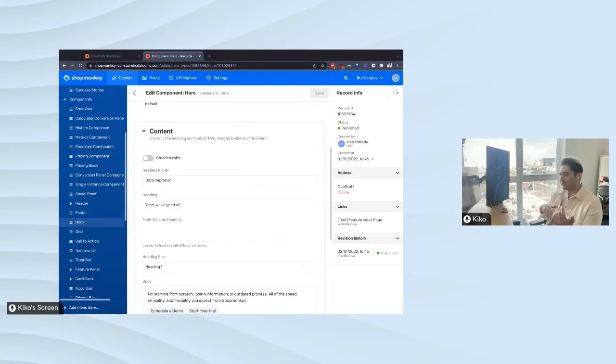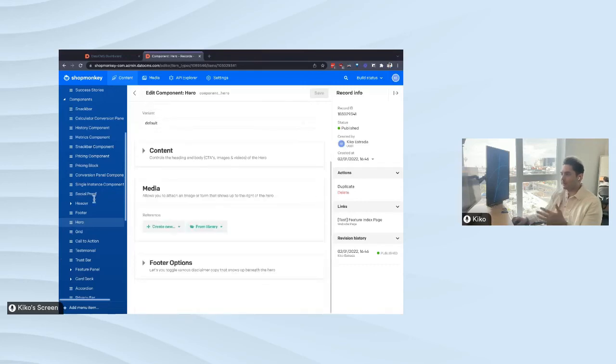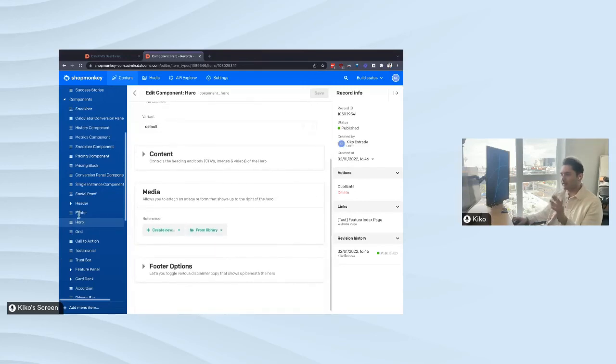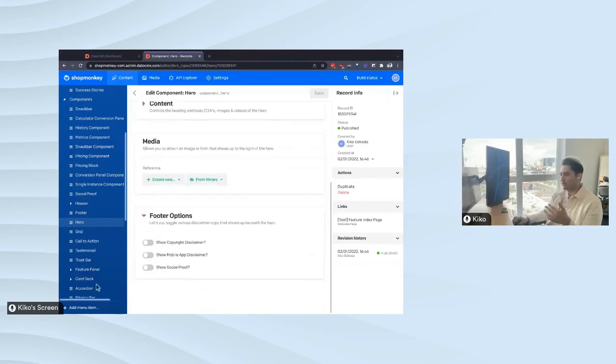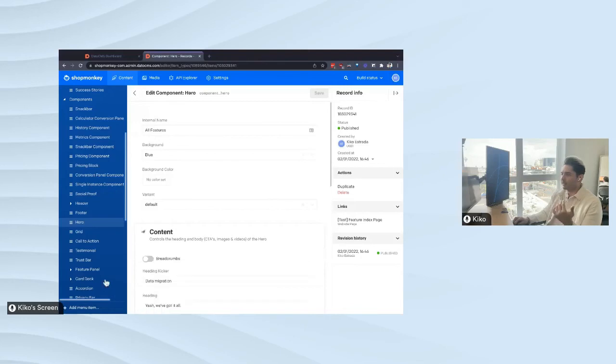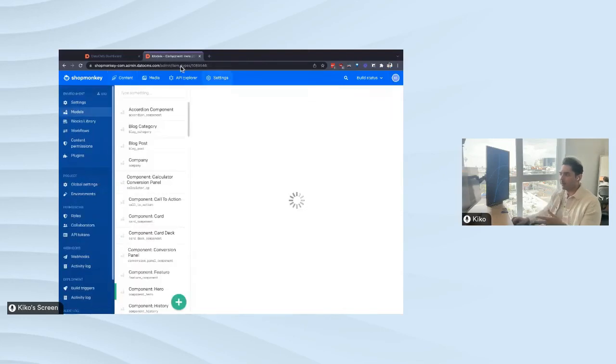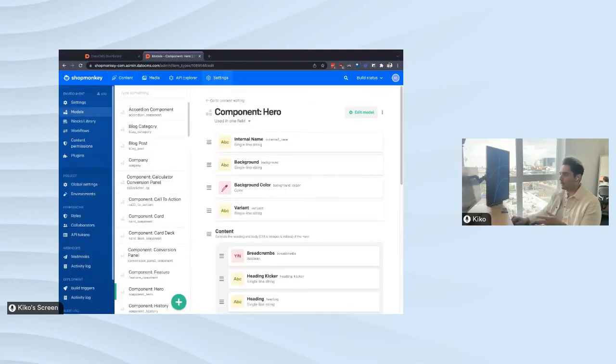But again, the helper text really goes a long way in enabling content editors to know exactly how these fields index to a component, and grouping them as well takes that second guessing nature away from it, because they can see that every field related to media is in this nice media group. All the footer options are neatly tied into this field group as well. And it doesn't really take much to implement apart from going into edit model,